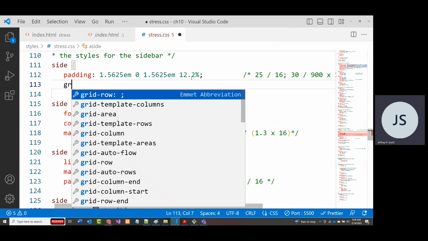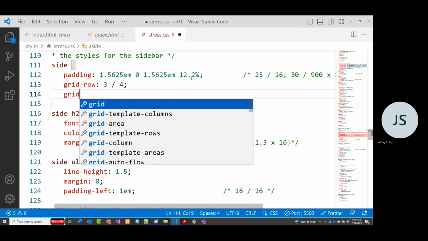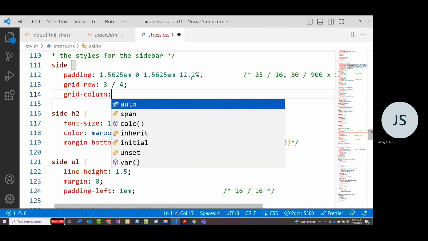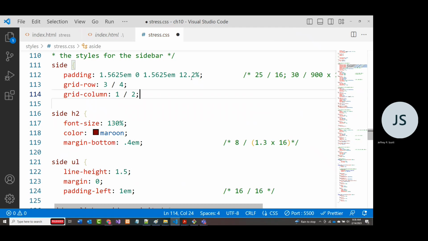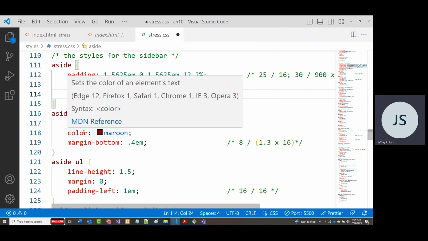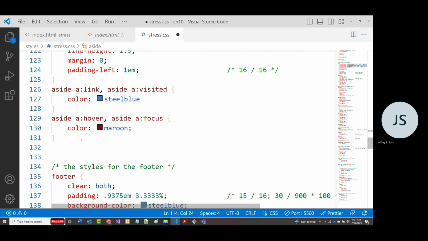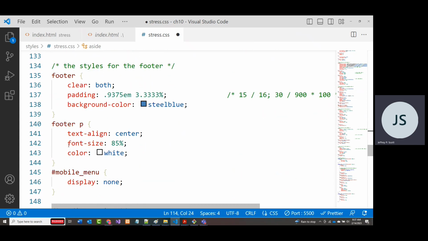So we got some padding. Our aside H2 looks correct. Our aside UL is correct. Our visited is fine. Our hover and focus is fine,